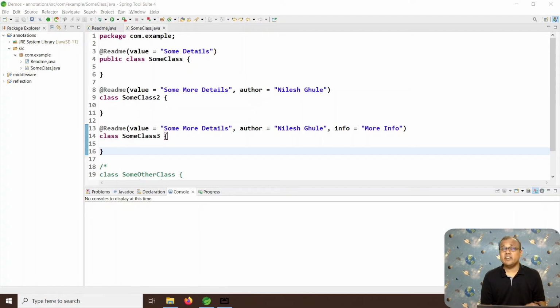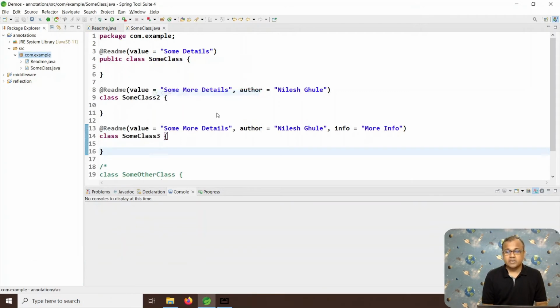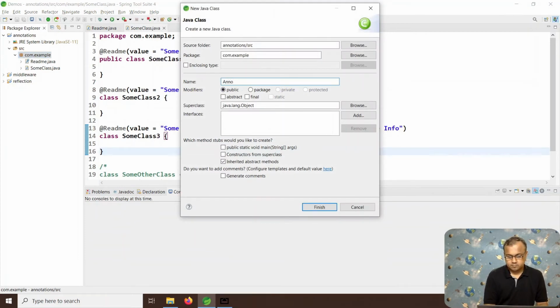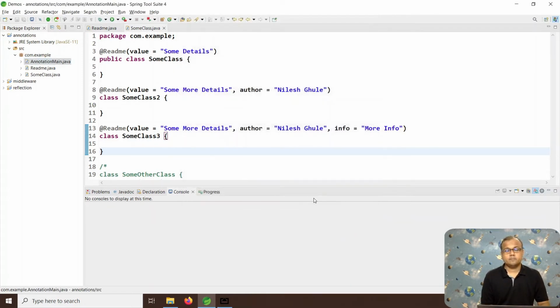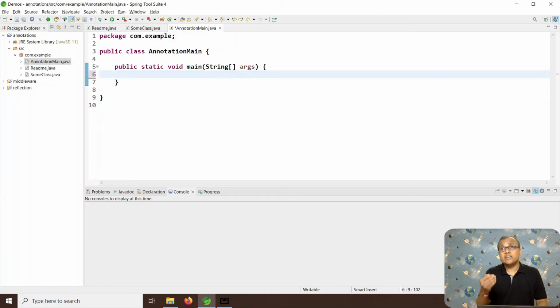Now, let us create a main class to process these annotations using the reflection technique. So here I'm creating a main class, and here I can try to get the annotations applied on any class using the java.lang.Class object associated with that class.